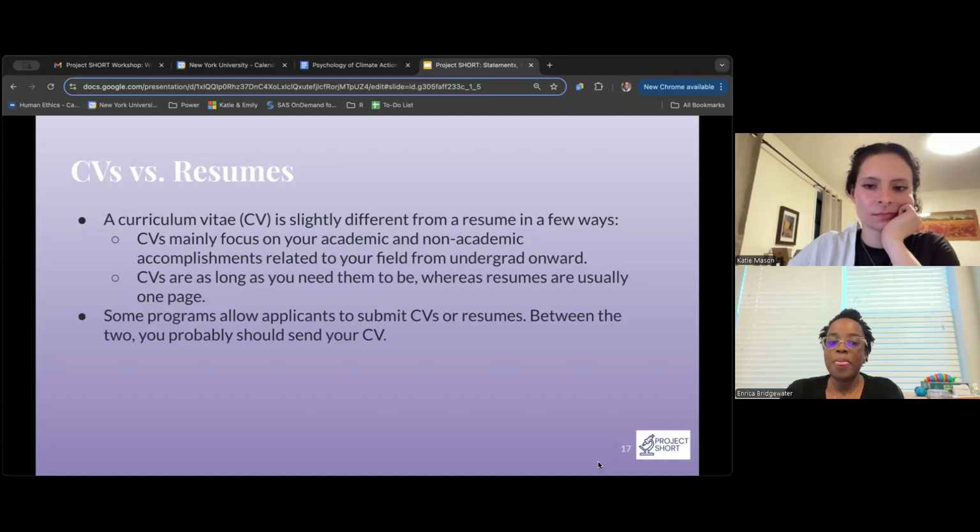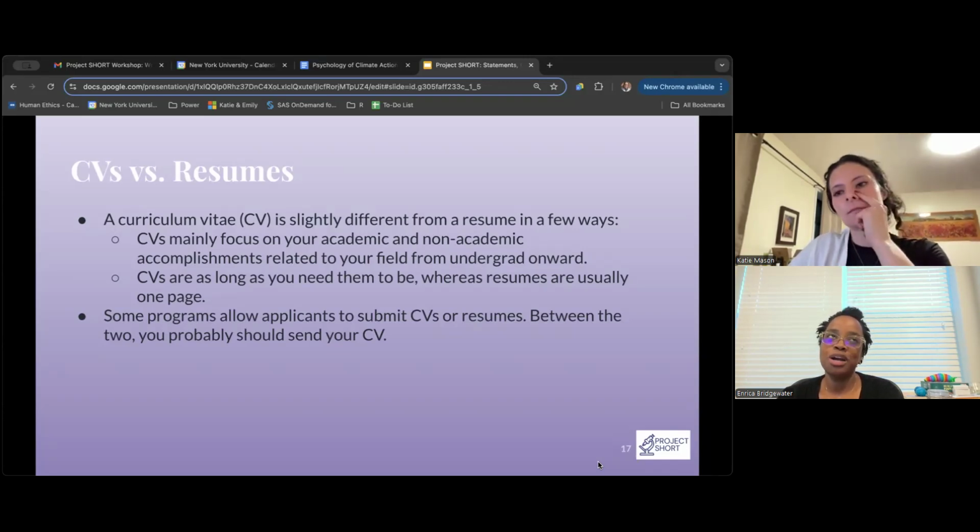Between the two, I would say that you probably should send your CV instead, mainly because you're applying to an academic program and they're more likely, I think, going to want to see a CV. I don't necessarily think it throws you out of the running if you submit a resume, but I would try